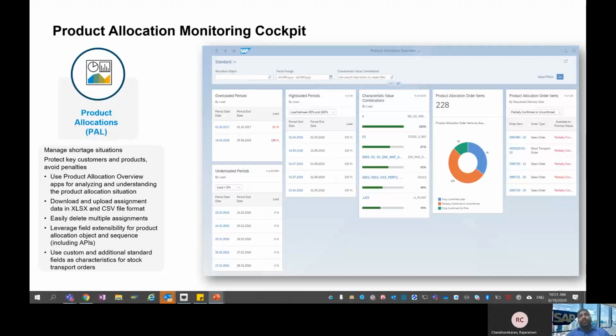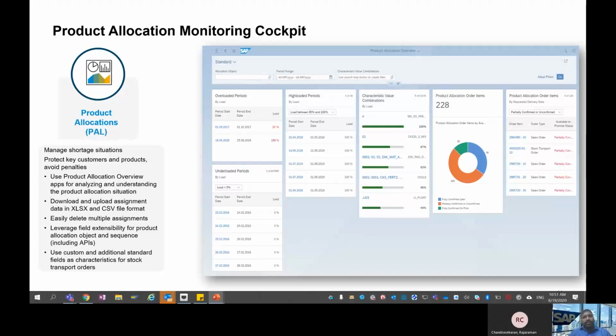This can lead to issues in order processing and unavoidable situations, so you can use product allocation to avoid critical situations in demand and procurement by allocating materials in limited supply. For example, for specific regions and customers for a specific time period, you can decide on the delivery of goods. This also avoids situations of non-availability of stock.